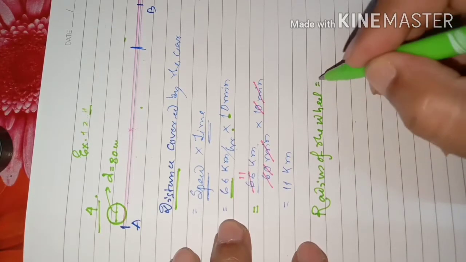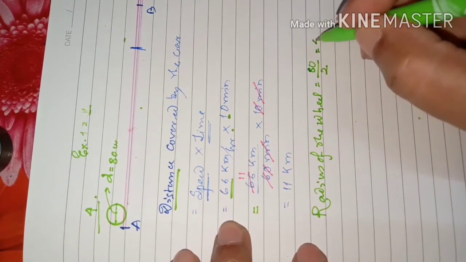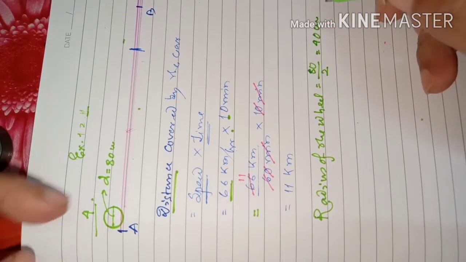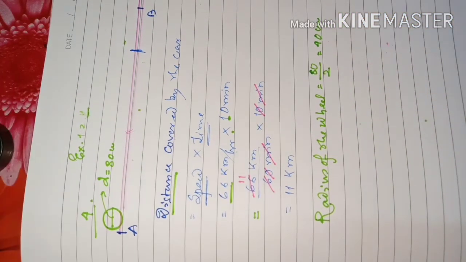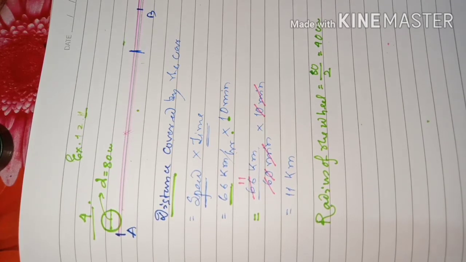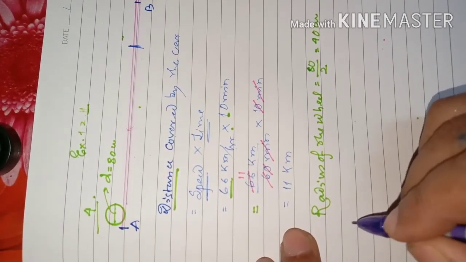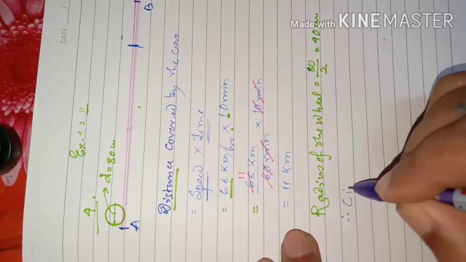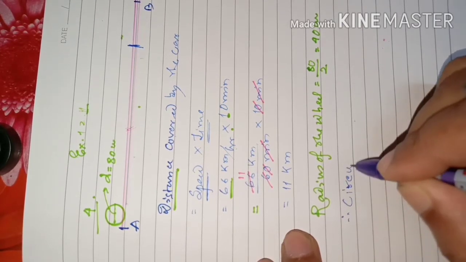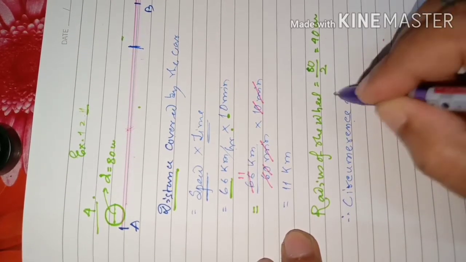Radius of the wheel is diameter 80 divided by 2, that is equal to 40 centimeter, because diameter is given 80 centimeter. So you got the radius also. Now after knowing the radius, you can write the circumference. Therefore circumference of the wheel